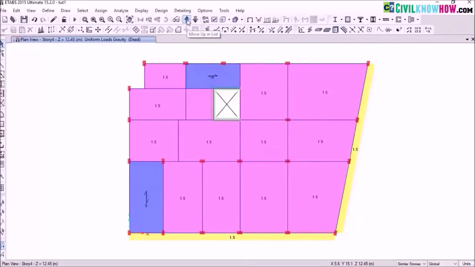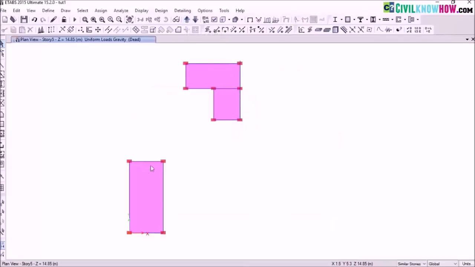And now go to the top story. So over here in this slab, I have a water tank of a capacity of 10,000 liters. So here I have changed the value of liters to kilonewton, and I am going to assign this load as a point load on these four joints. So before selecting the joints, select one story because I only need to assign my load over these four joints, and select the joints,